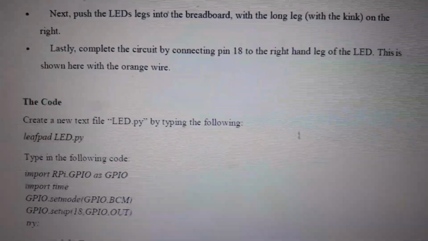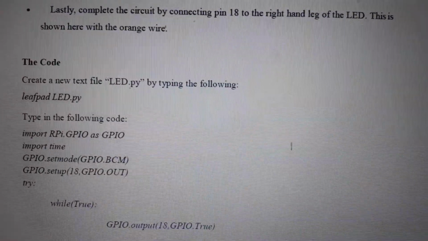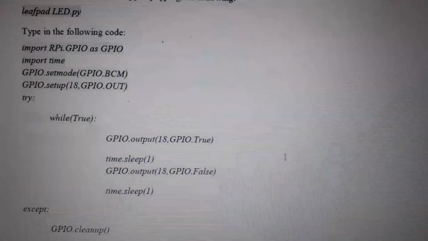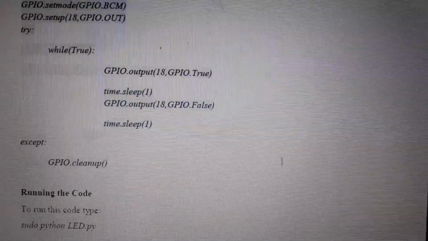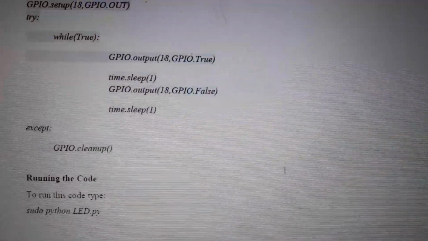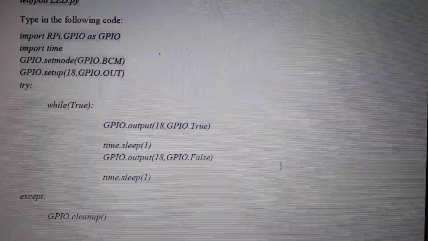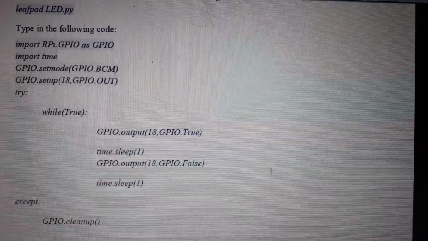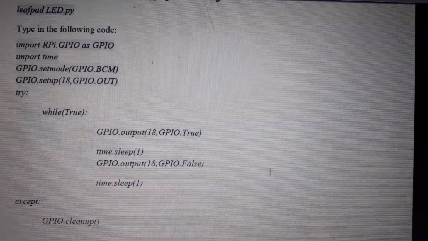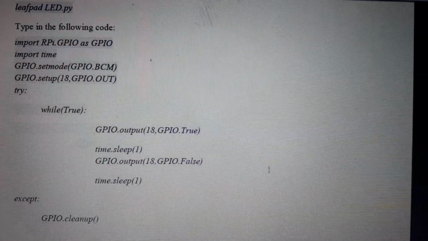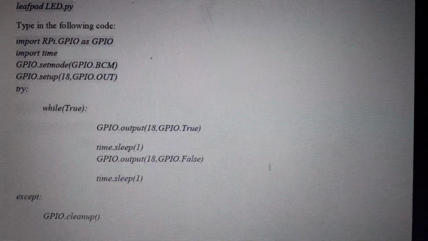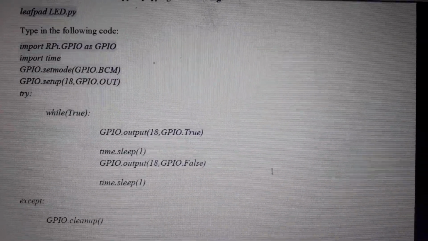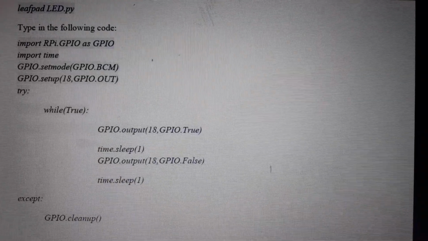So, with the help of code, this is the code for the LED, a simple code by which when you run it, you will get the LED on. So import RPi.GPIO, the general purpose input output library, which we have to install. The program will be saved as led.py. GPIO set mode, we have to set the mode to Broadcom hardware numbering. GPIO pin 18.